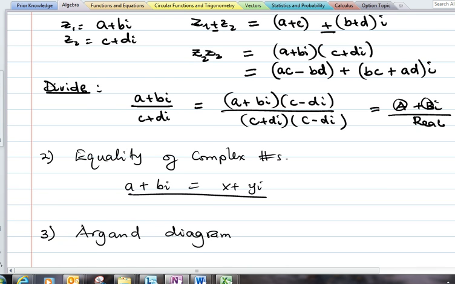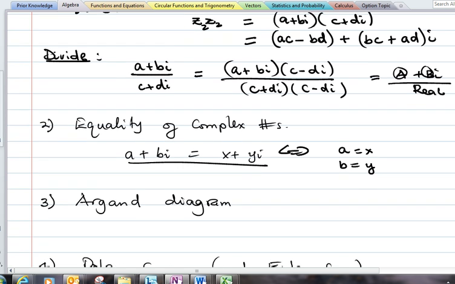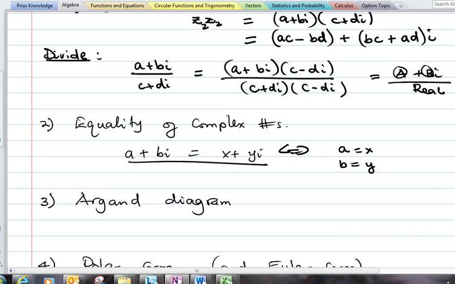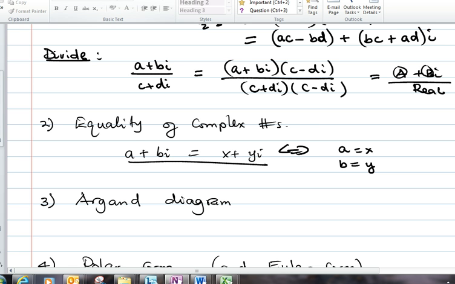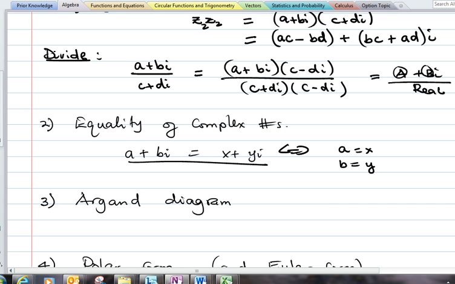Then you also know that when two complex numbers are equal, this means that the real parts are equal and the imaginary parts are equal, and that should lead you to solving such problems as, if I find the square root of 3 plus 4i, how would I do that? I'm required to find the square root of a complex number, and this is of course done by remembering